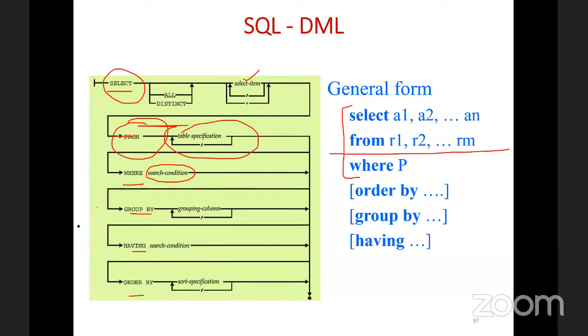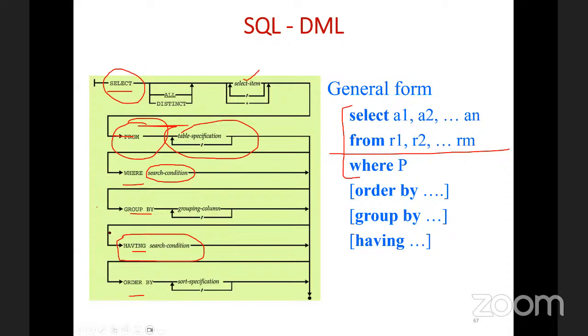So here we have the having clause. Here we are going to select only those groups where this condition is satisfied. So remember the difference between the where clause and the having clause. The where clause treats the entire table as one group, so it applies the condition on each and every row. But in the having clause, you are going to form groups first, and then you are going to select a group which satisfies the condition mentioned in the having clause, right? So this is your simple